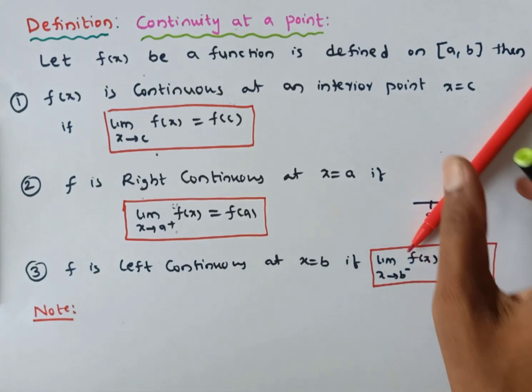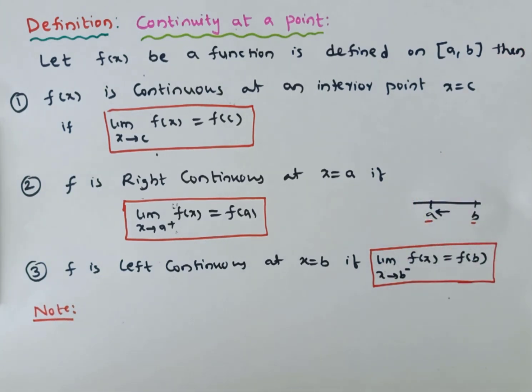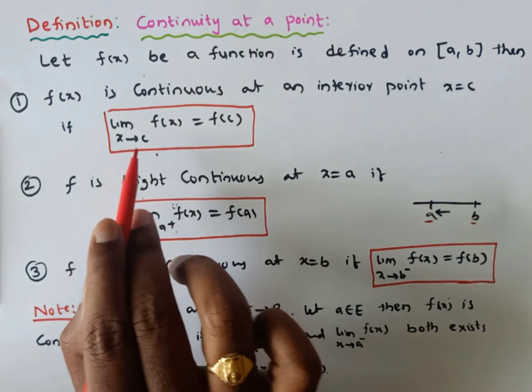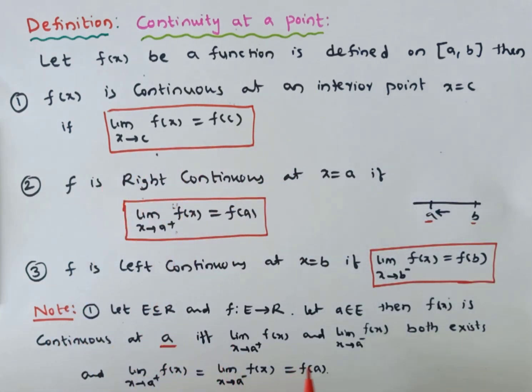So the first point. Let E be any subset of R and f be a function from E to R. Let us take a be any point of the given interval E. Then f of x is said to be continuous at a if and only if, for an interior or any endpoint c, the limit as x tends to c of f of x equals f of c. So what does it mean? That is, if and only if both the right hand limit and left hand limit exist and they are equal and equal